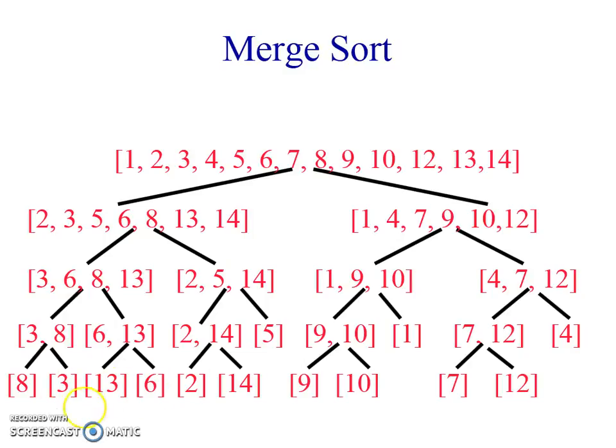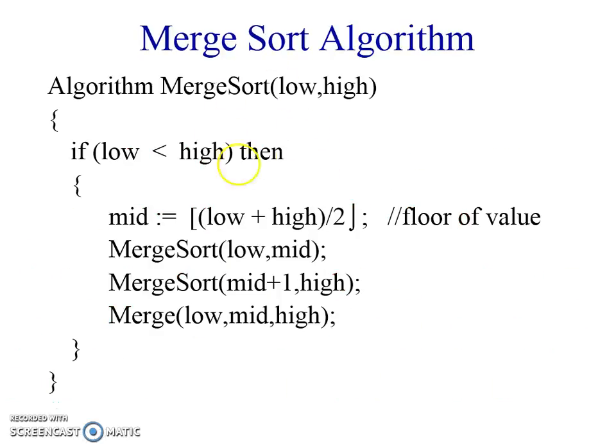So you then merge elements to get the sorted list till you get the final sorted list of the array. So if I have to write an algorithm for this, we have to write merge sort wherein low comma high denote the starting and the ending index of the array, assuming the array is available to the algorithm. So I am not passing it as a parameter. So when I have low and high, it indicates just the indices of the array to be sorted using merge